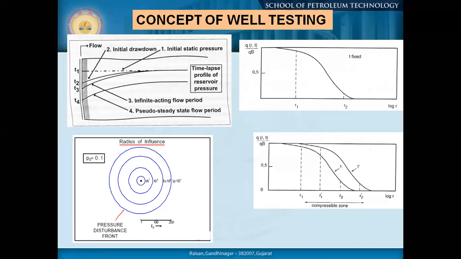Okay, so if this line, what are you getting? Are you getting this part? Because this is very important. If we are producing our well at a specific rate, the rate-dependent supply should be there in the compressible zone. Let's say at time T, the supply is from this to this area only. If you see here is the radius. If you go to the left side, in a specific time the material is supplied in this particular semicircular area throughout that part.